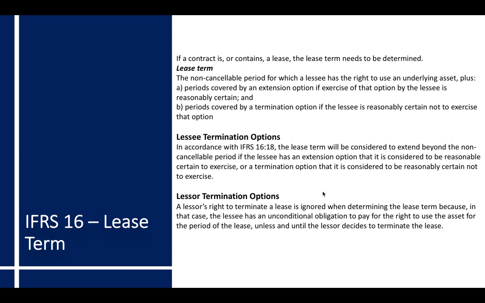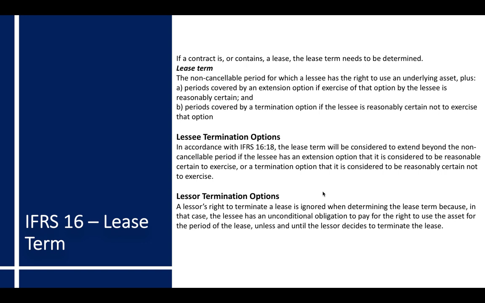So lessee's termination options. In accordance with IFRS 16, the lease term will be considered to be extended beyond the non-cancelable period if the lessee has an extension option that is considered to be reasonably certain to exercise, or a termination option that it is considered to be reasonably certain not to exercise. So if it has an extension option which the lessee is reasonably certain to exercise, or a termination option which the lessee is reasonably certain not to exercise, then the lease term has to be adjusted for those